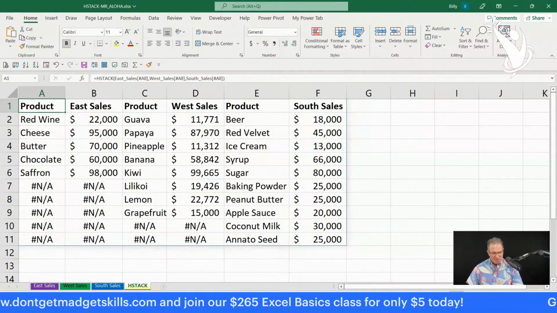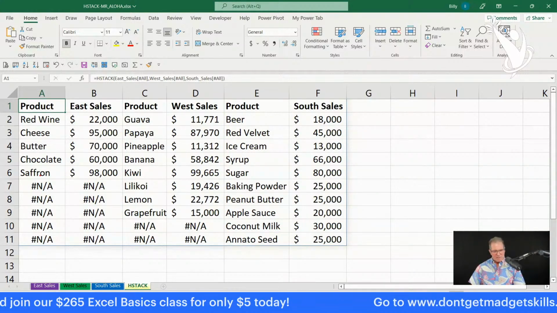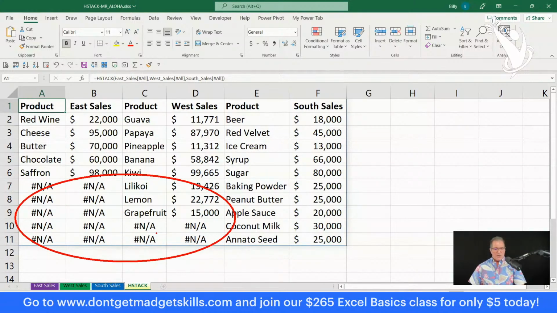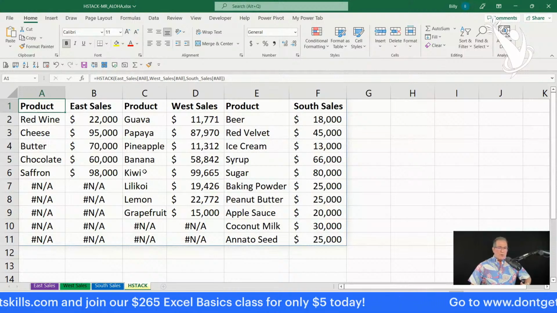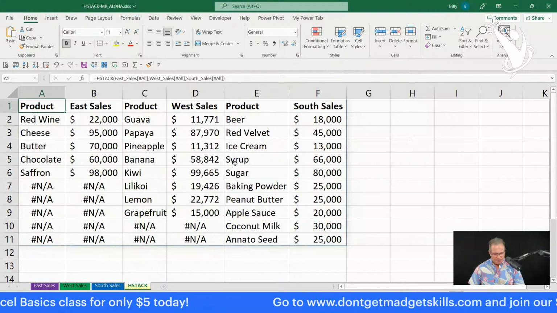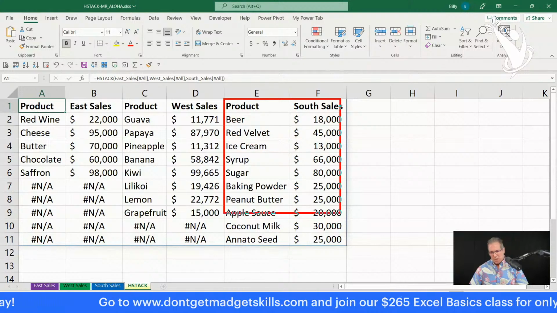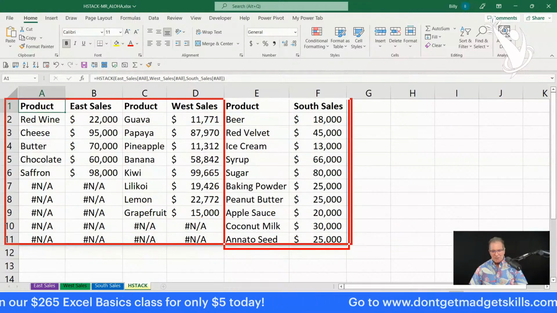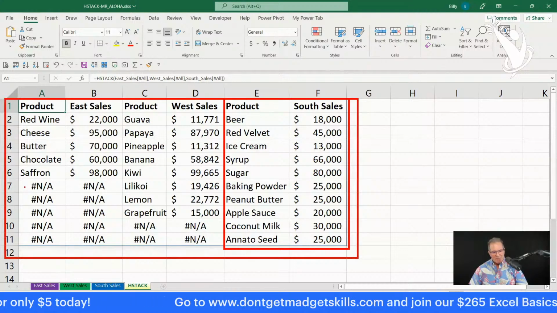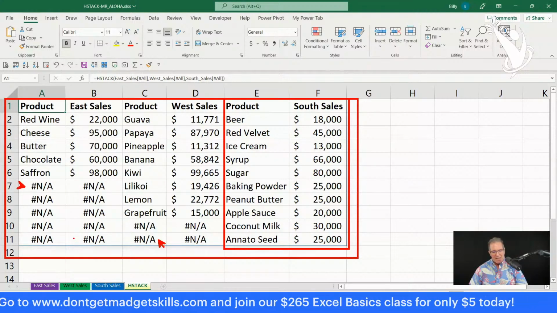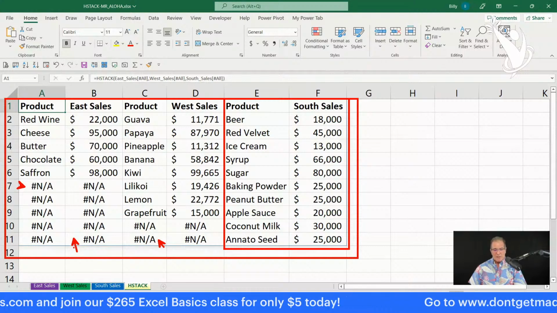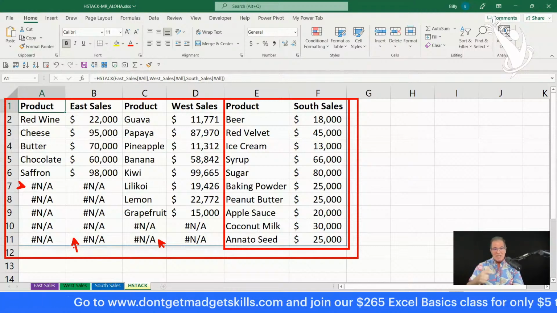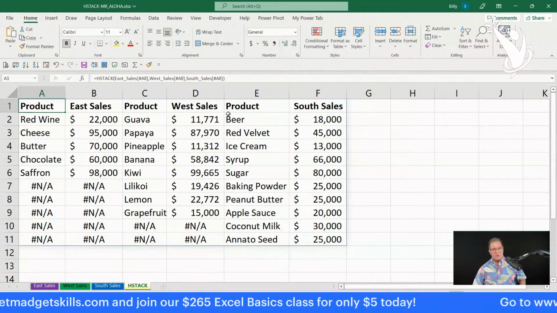Nice. And you may be thinking to yourself, yeah, Billy, but what about these #N/As? I don't like how that looks. Well, that just means that there's no information available for that. The largest array is the South Sales, so our whole entire array is going to be that size right there. The empty cells display #N/A because there's no data available for it. We can leave it like that, or you can make it so that it displays whatever you like instead of #N/A. Watch, take a look real quick here.